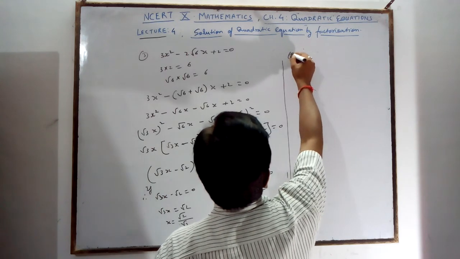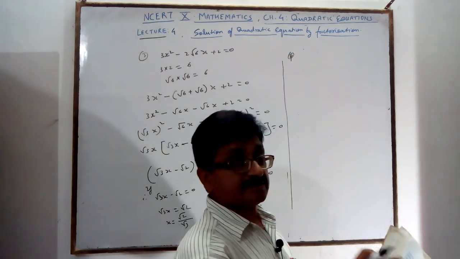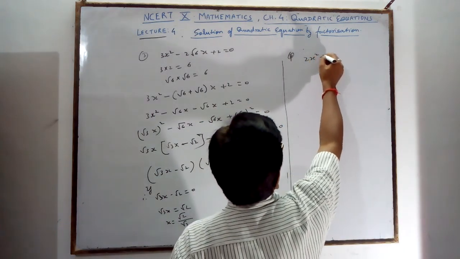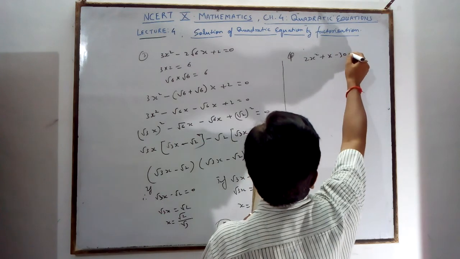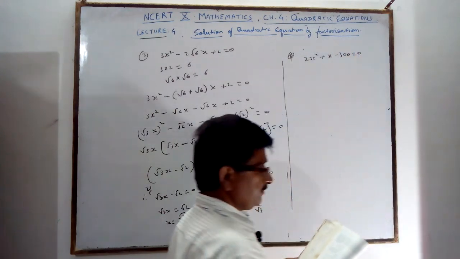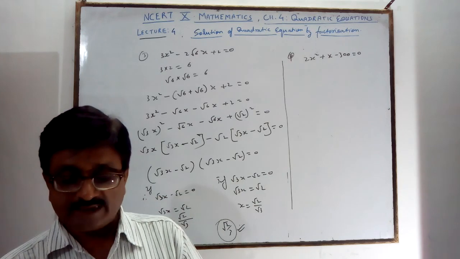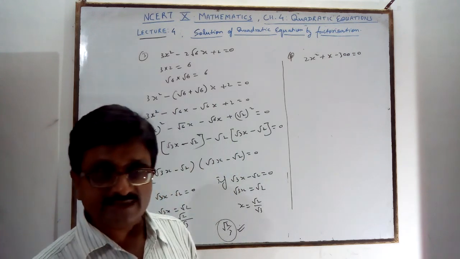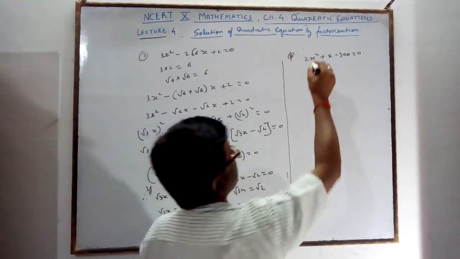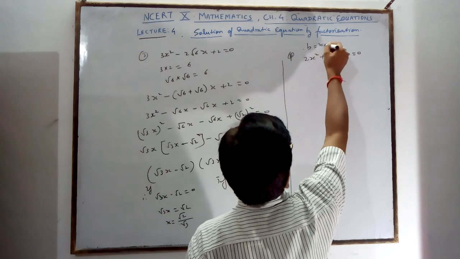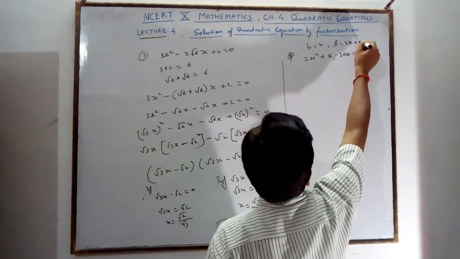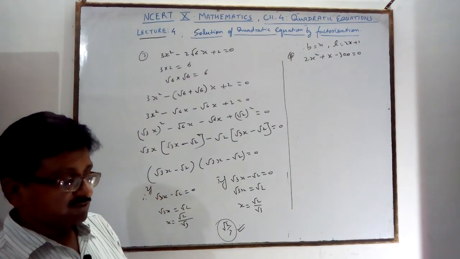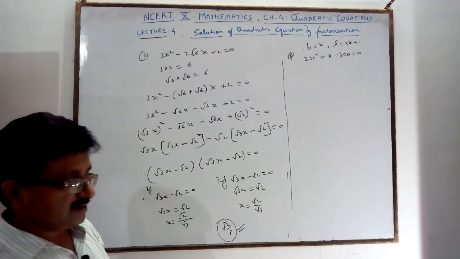Next example, example number 6 in the book is this. 2x square plus x minus 300 is equal to 0. It is a very important part. So how will you find out the length and breadth? Breadth is x, length is 2x plus 1, it is given. According to the problem, breadth is x and length is given 2x plus 1. Find out length and breadth by middle term factorization or anything. So what will you do here? You will find out this by the